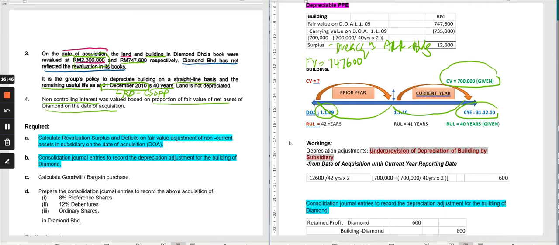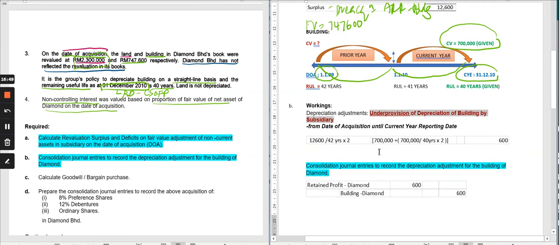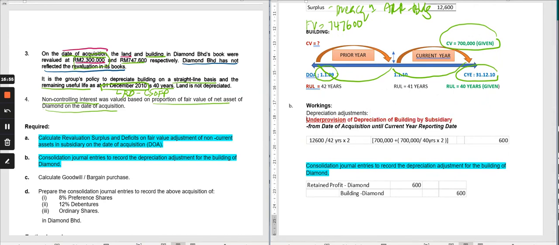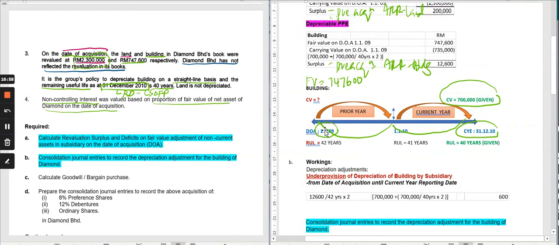Under-provided. So if the depreciation was under-provided, you need to go and increase the depreciation. To increase the depreciation means from the date of acquisition, the depreciation of the subsidiary is still based on the cost. However, when you do consolidation, the fair value of the asset must be reflected. Meaning to say that from the date of acquisition, the depreciation should have been at 747,600, right? So the shortcut way of doing this is by taking the surplus, 12,600,